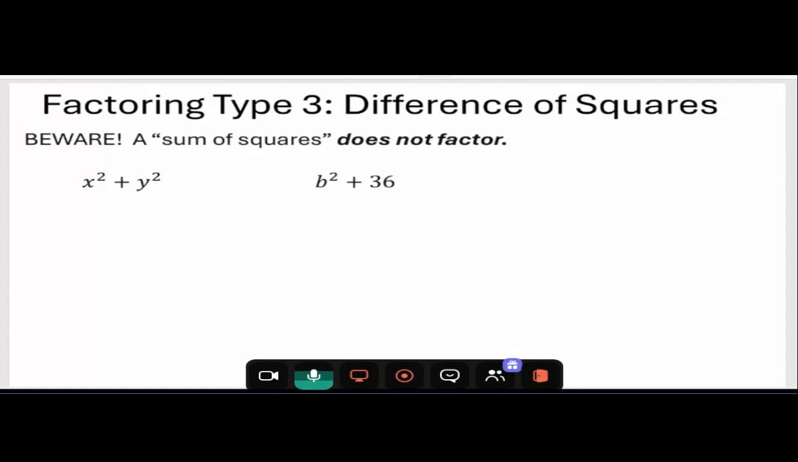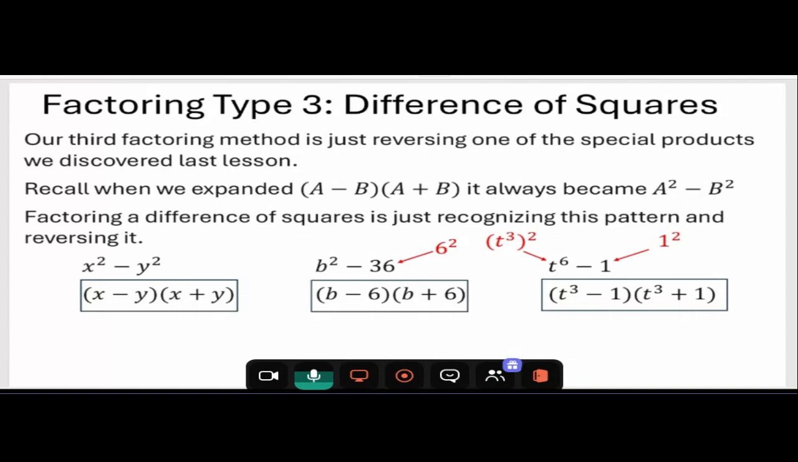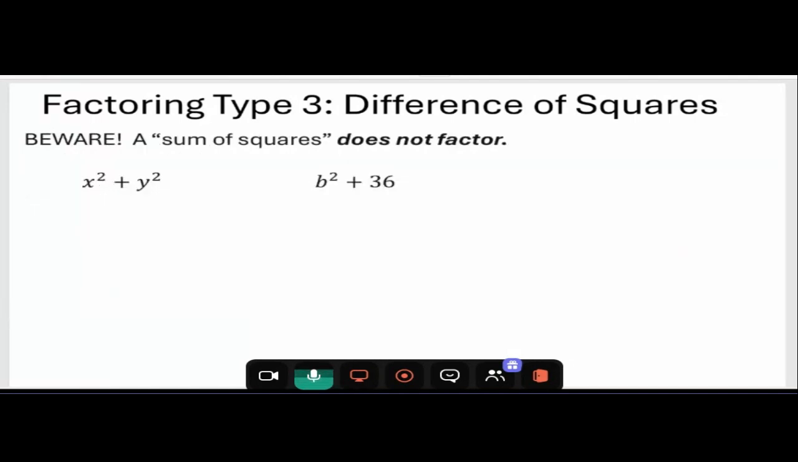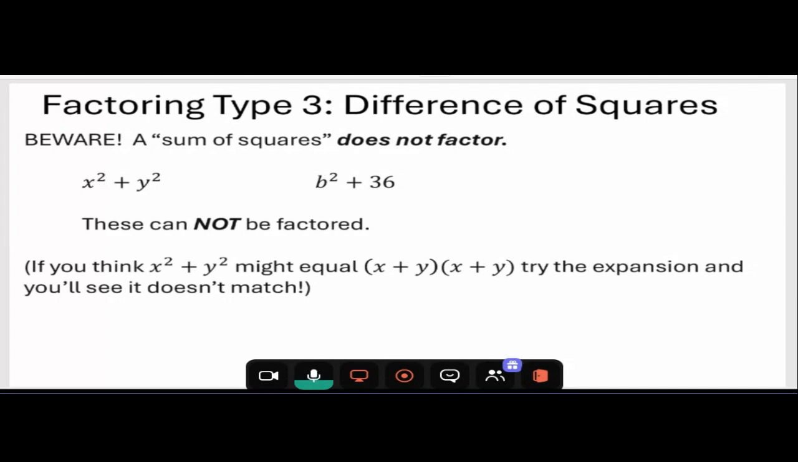So this is really important. A difference of squares, like these ones, factors: a square minus another square. A sum of squares does not factor. You cannot factor x squared plus y squared or b squared plus 36. They cannot be factored. Now you might be thinking, well, isn't it just going to be x plus y times x plus y? And if you try that expansion, you'll see right away that that does not work,